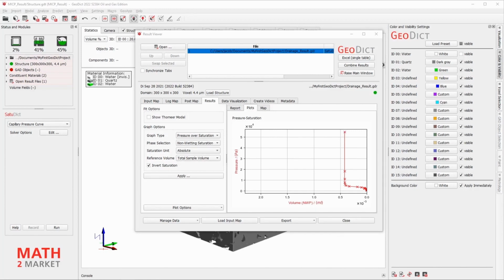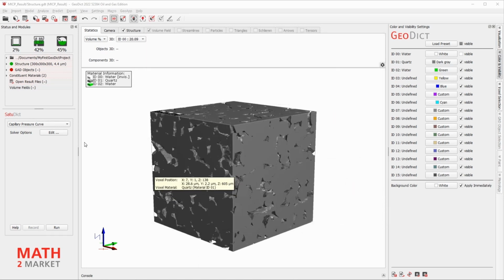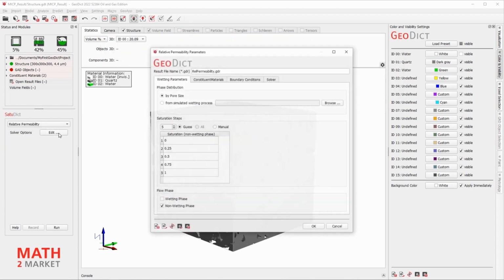Now, let's have a look at how the relative permeability of each of the saturation steps would look. Choose Relative Permeability from the already opened SatuDict menu and edit the solver options.